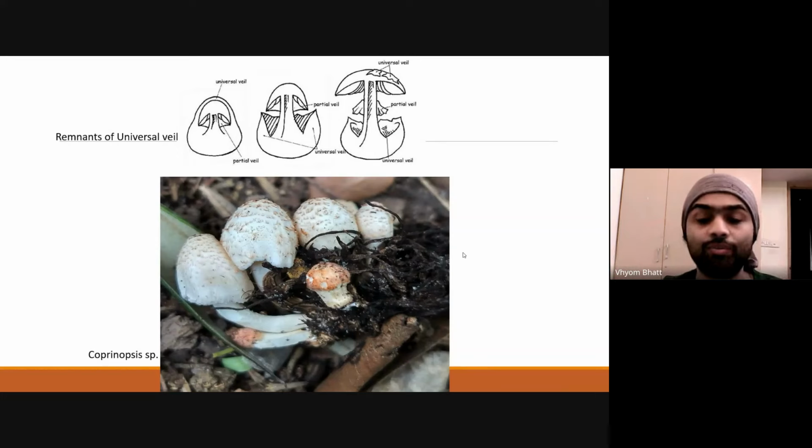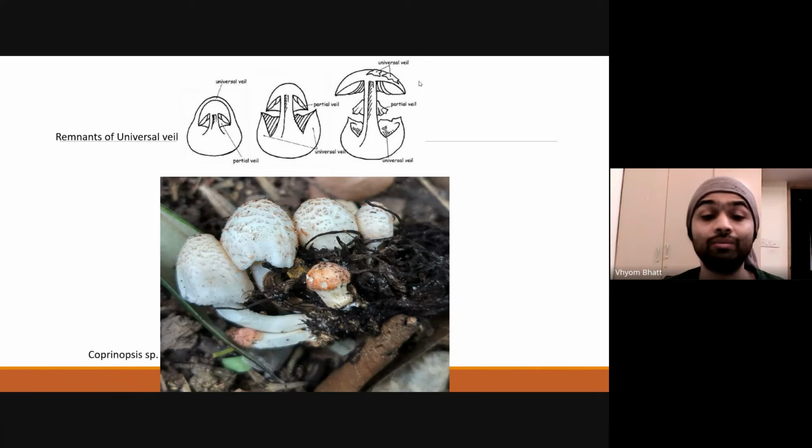Other than this cap part, there are remnants of the universal veil. There are two types of veils in mushrooms. One is the skirt, which is the partial veil, and then there is the universal veil. You can see in this diagram that these mushrooms start as a complete closed structure, and then this cap will push out. The top part of this egg-like structure, some of it will get stuck to this cap, and as the cap expands, this will crack out and it becomes the universal veil remnants,